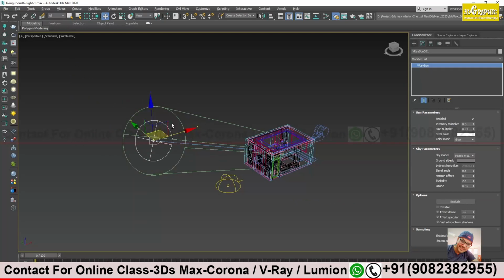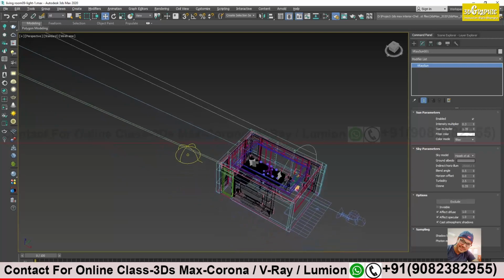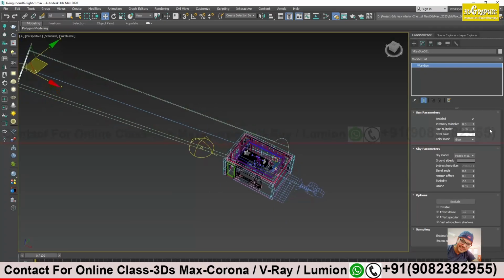See, the gap defines how much shadow you get, whether an extremely sharp shadow or a soft shadow. The lesser the gap, the sharper the shadow. See, the gap is lesser, so the shadow is sharp. The gap is bigger, so soft shadow. I will take this much. Not very hard, not very soft. This much I needed. This is done, and intensity is done.